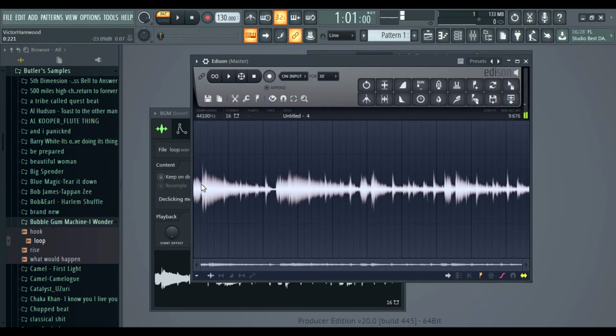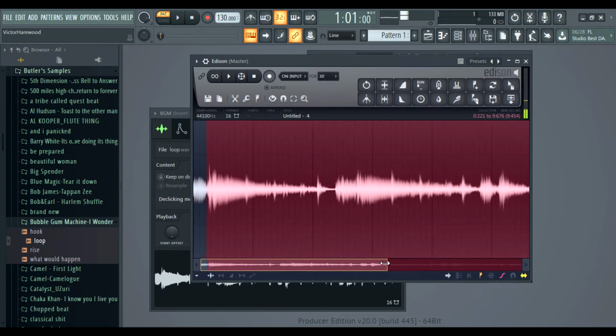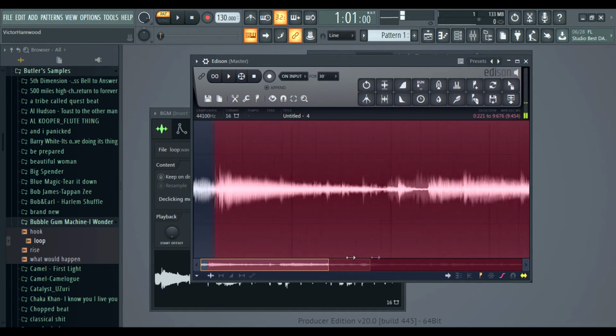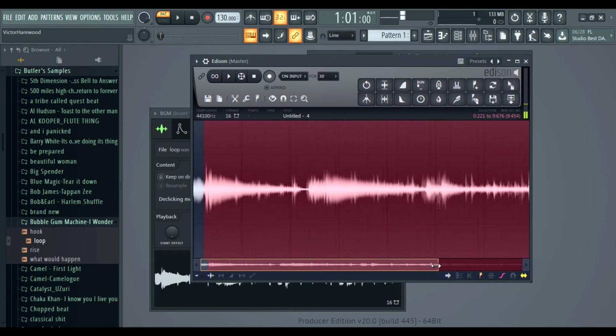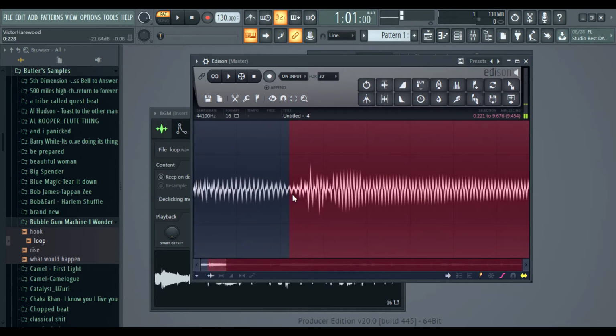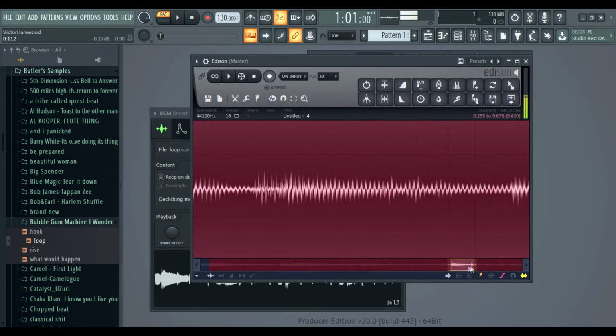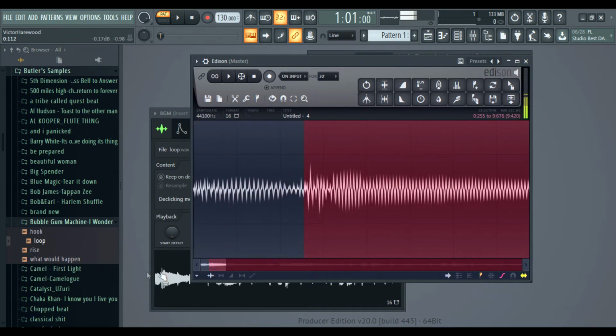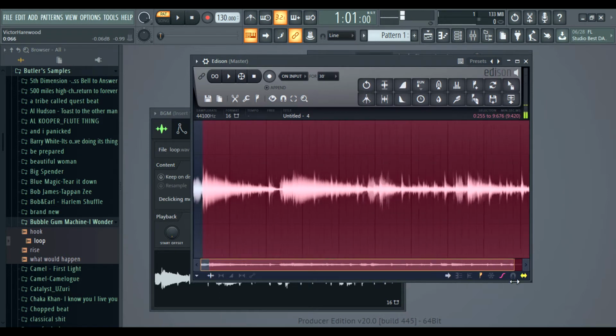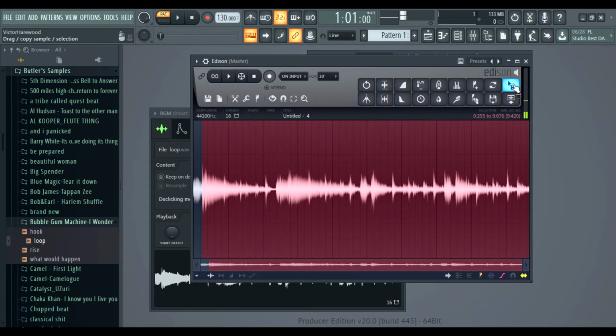So we'll just go here, highlight this section, and you could zoom in by holding and scrolling while you hold. I'm just gonna get this a little closer to that one spot. Not super nitpicky right now because I'm gonna throw it into Slice X anyway, but take this section here,